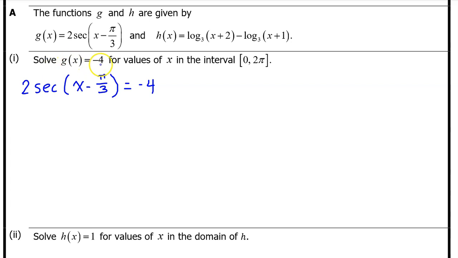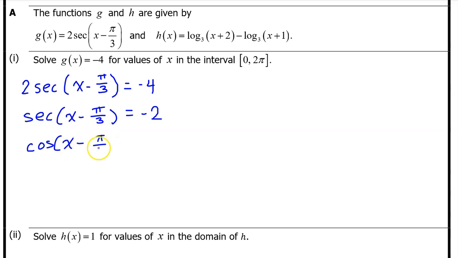Setting g of x equal to -4 gives us this equation to solve. Ultimately, we must get x by itself, but let's start by dividing both sides of the equation by 2. So now we have this equation. Secant is the reciprocal of cosine, and I am far more comfortable with cosine, so let's take the reciprocal of both sides of this equation. That will turn secant into cosine, so we have cosine x minus pi over 3, and the reciprocal of -2